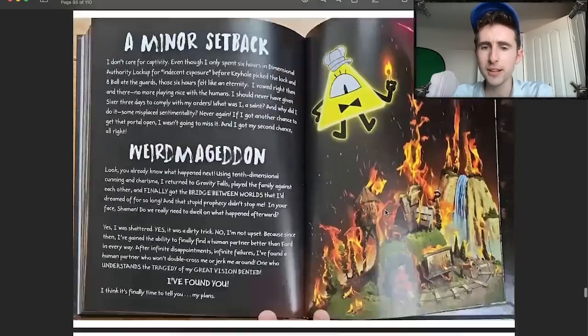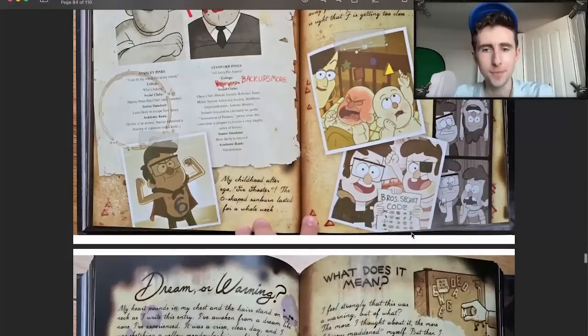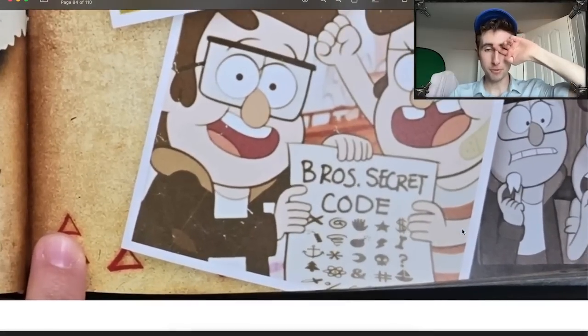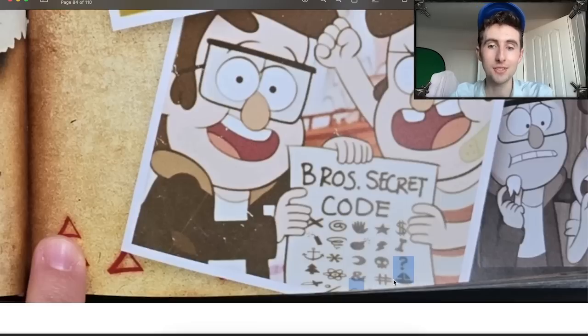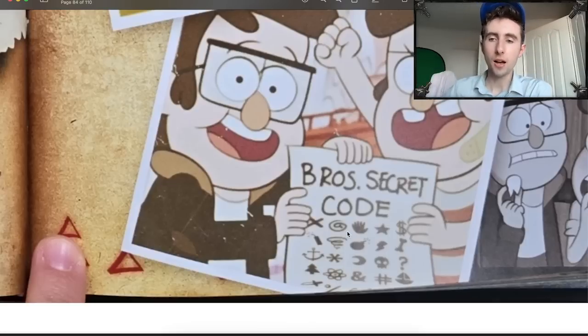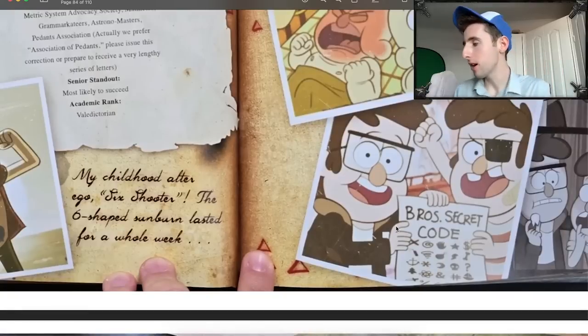Now, the next thing that I want to do is just up here. Bro's secret code. So, notice a few things about Bro's secret code. First of all, X, and there's an asterisk here, there's a dollar sign, there's a question mark, there is an ampersand, and there is an octothorpe, there's a percent symbol. All of these are things that you can type on a keyboard. They're special characters. So if we see any phrases or any ciphertext with those kinds of language,